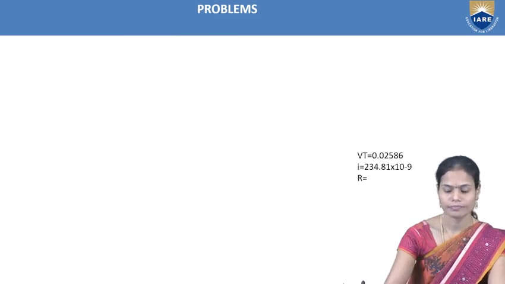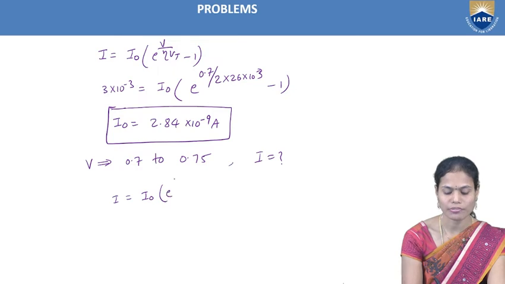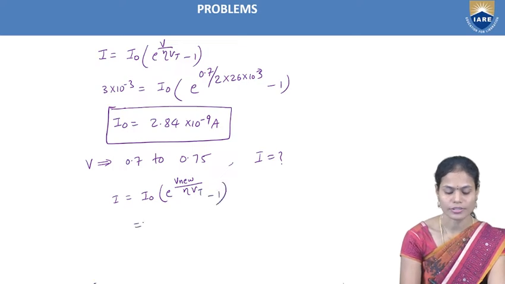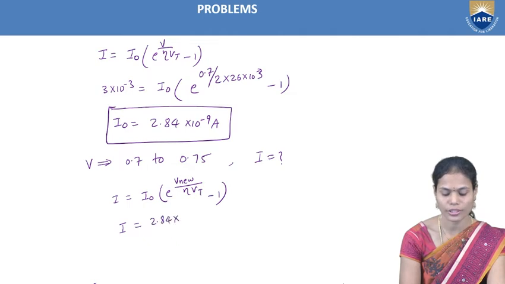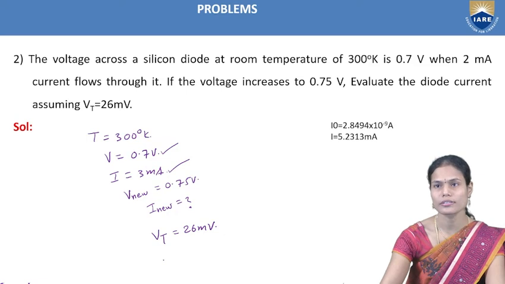For that, I'm taking I equal to I naught into e power V new by eta Vt minus 1, where we need to substitute the new value of V. That is, I equal to I naught, whose value is 2.84 into 10 power minus 9, into e power 0.75 divided by 2 into 26 into 10 power minus 3. If we simplify this, we'll get the new current as